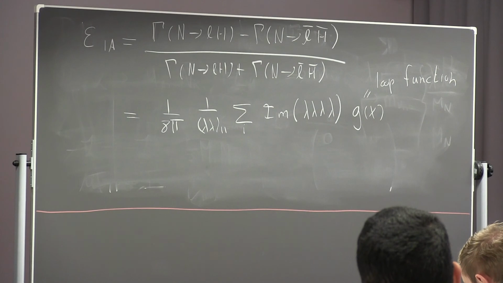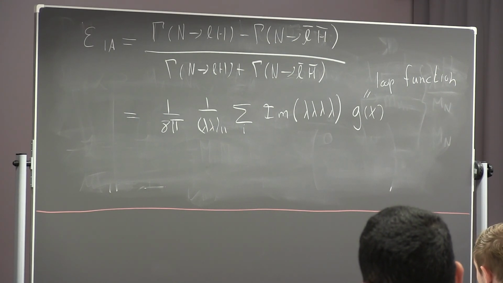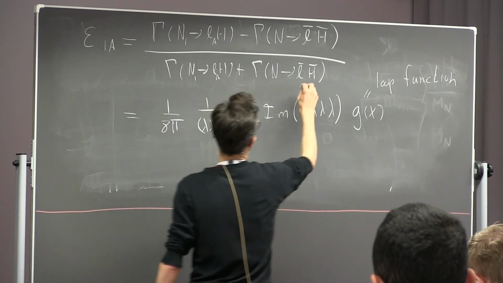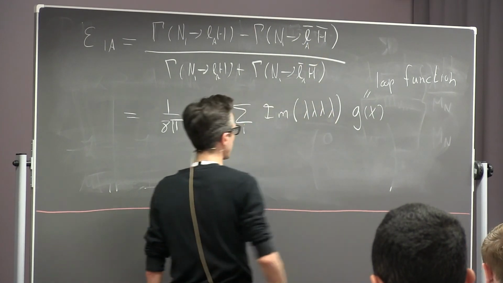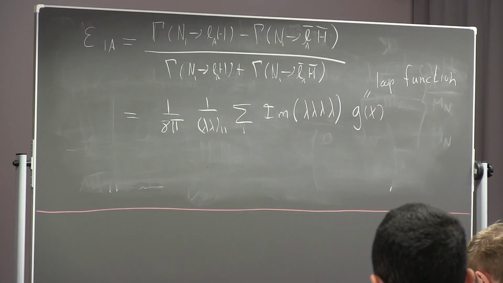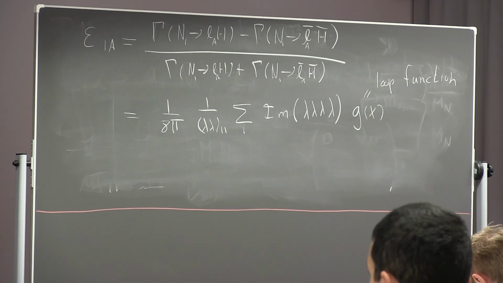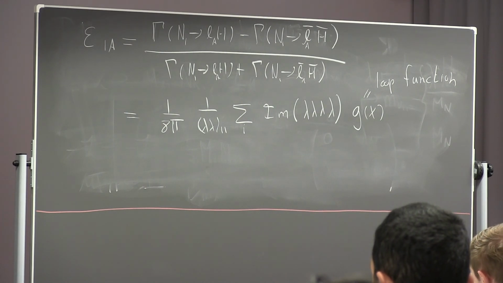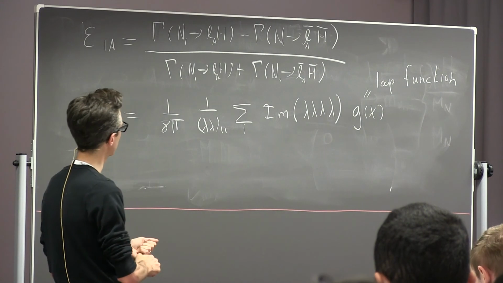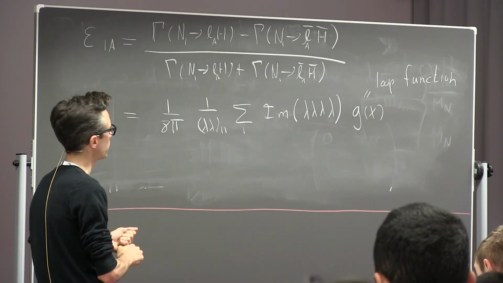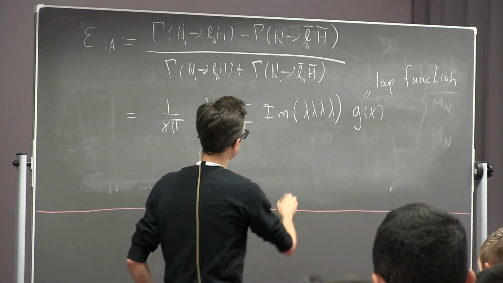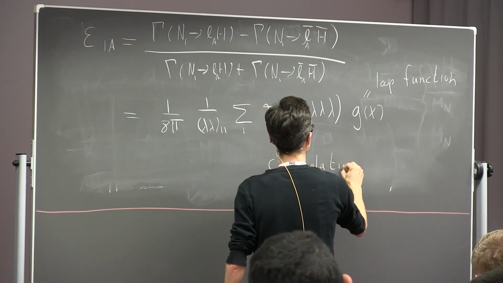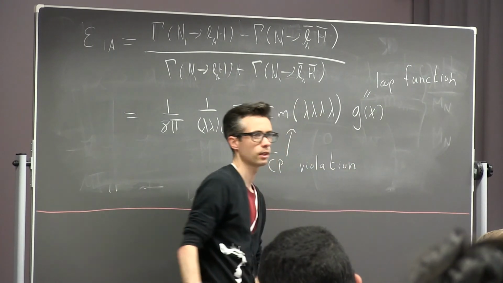So what I can get at the end of the day is a decay asymmetry in the sense that my right-handed neutrino, N1, can decay slightly more into leptons than anti-leptons. So the things I need from this are lepton violation, and I have this already from just the fact that my right-handed neutrino is Majorana, and it can decay to a particle or an antiparticle with different lepton numbers. But the other thing I need to get this non-zero asymmetry is CP violation, and that corresponds to this thing being non-zero. But to get the CP violation to actually be physically relevant, I have to work harder than